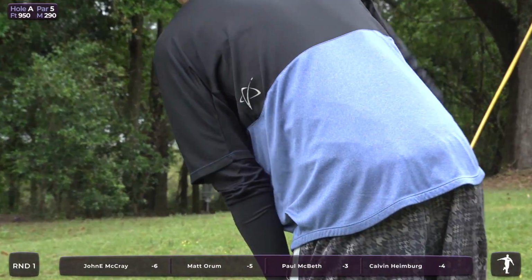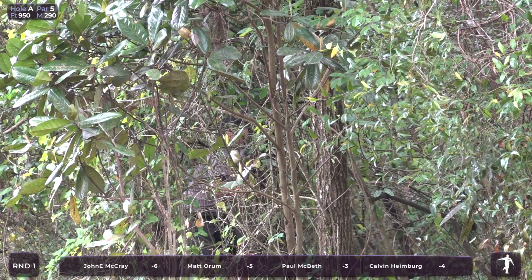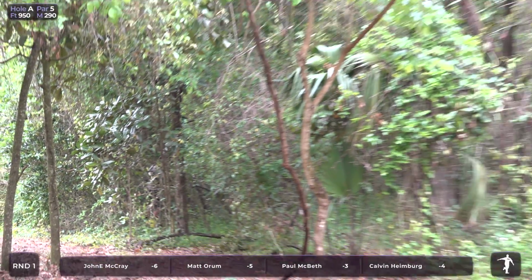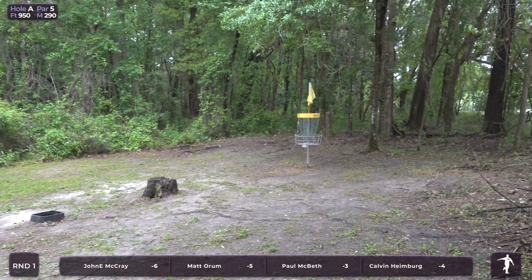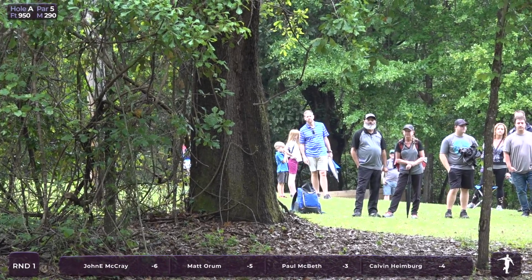Oh, and Matty was set up so nicely for what would have been a birdie look, and hits an early tree, and he's still got some work to do. McBeth from the rough, just trying to punch out, and lands right on the circle. That shows you how bad the rough is. If Paul was 80 feet away and he could only get to circle's edge, that's...